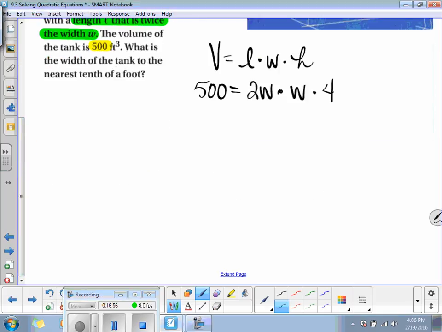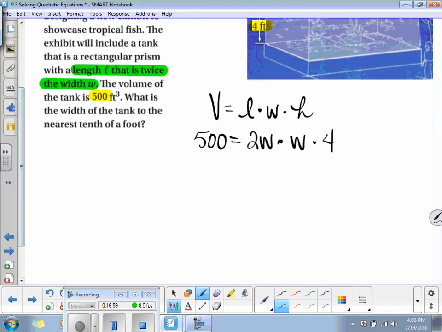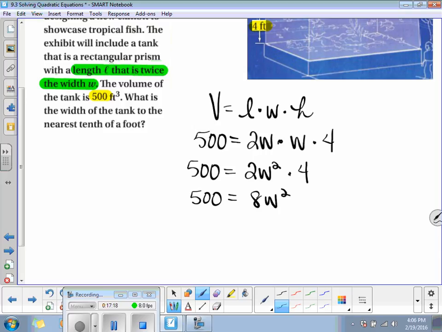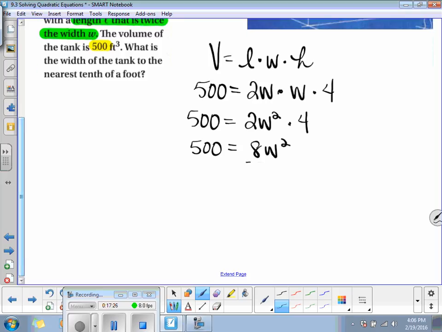So now we can simplify. So we've got 500 is equal to 2W times W. That's going to be 2W squared times 4. Okay? Simplifying some more, of course, 2 times 4 is 8. So this is going to be 500 is equal to 8W squared. And now we're just going to use the square roots. So we're going to solve for the width. So we're going to divide by 8 on both sides. So W squared is going to be equal to